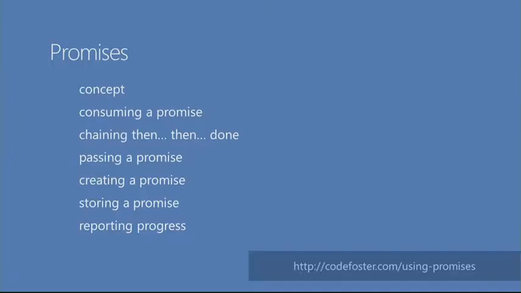Now, promises is really a multifaceted topic. You're definitely going to be using promises if you do Windows 8 development. The reason is that in the WinRT, which is the API on Windows that you access when you're on a computer running Windows 8, if a function might take more than 50 milliseconds, and notice I said it might take more than 50 milliseconds, if there's a possibility that it'll take more than 50 milliseconds, then that is an asynchronous function. The Windows team has implemented it as an asynchronous function. So in order for you to call those functions, you have to call them asynchronously. You're forced to. And this is a really good paradigm, and it's super easy to do anyway, so don't